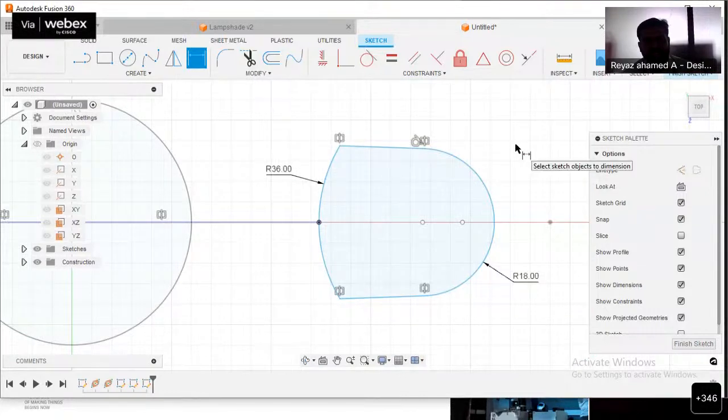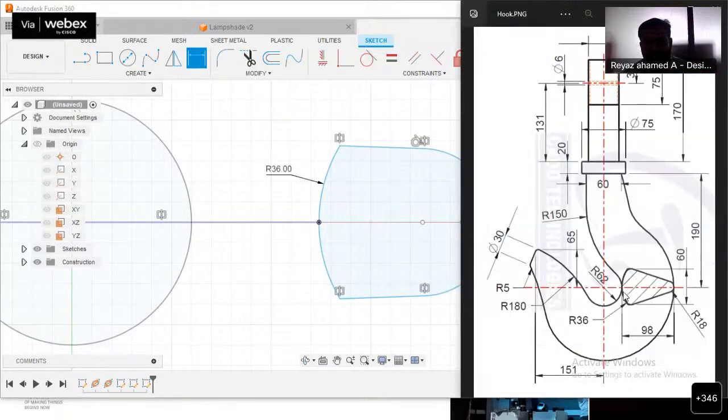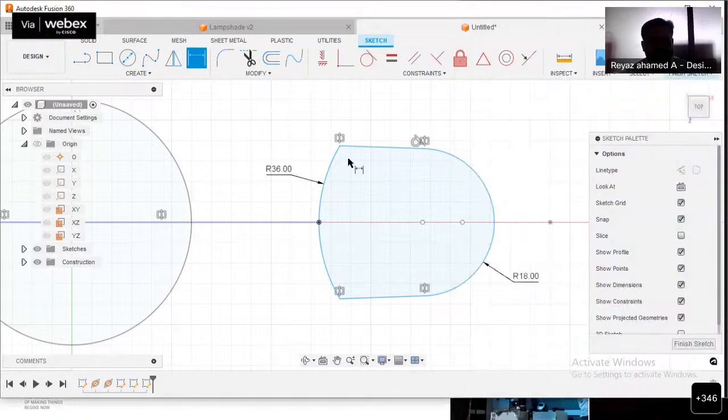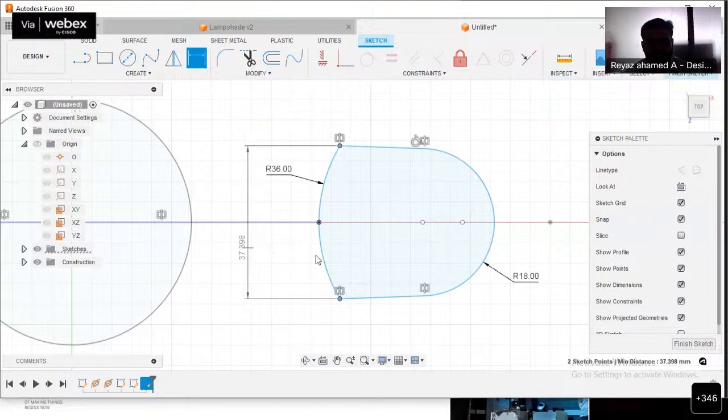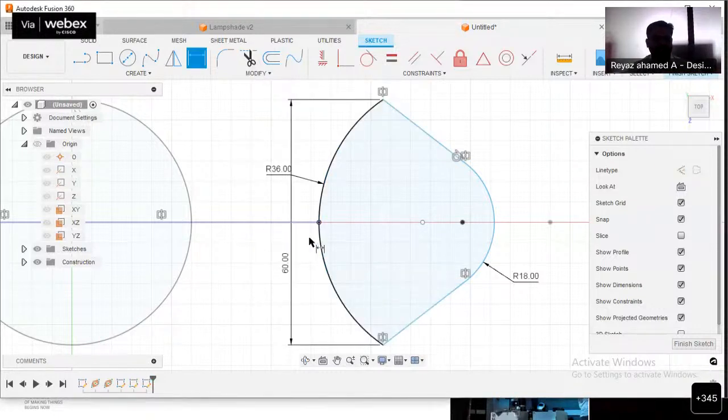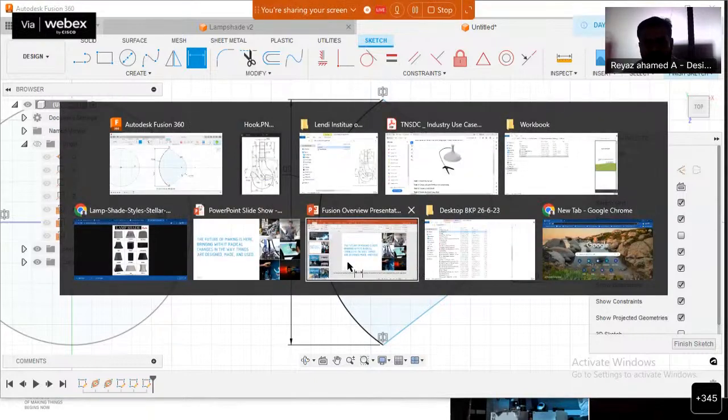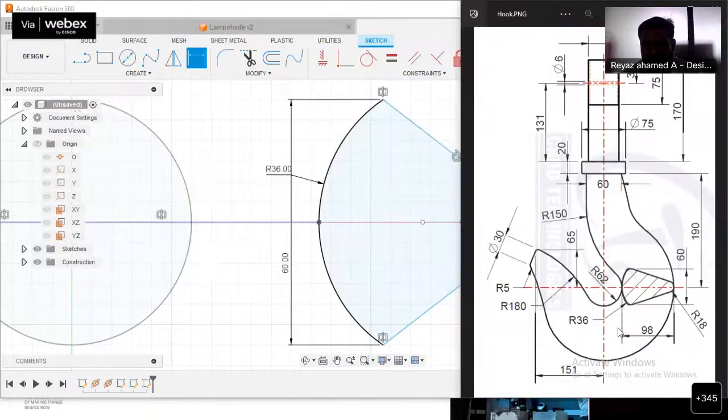And then the distance we have to represent, actually the distance is 60 mm between both the end points. It should be 60 actually. And then the distance between this end point and then this end point, it might be of 98.